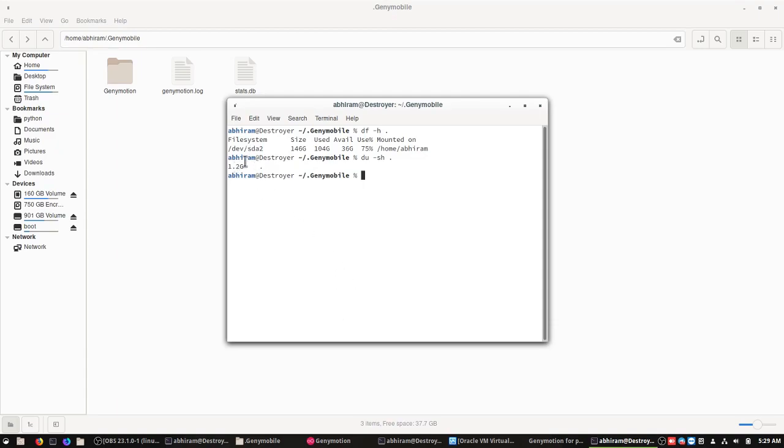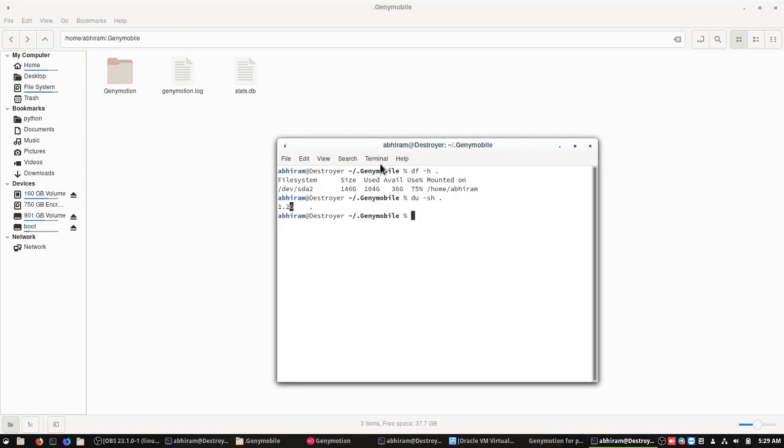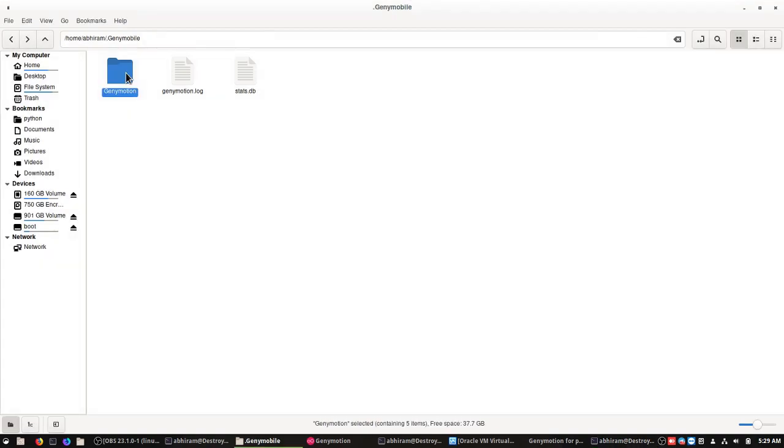When you are seeing this G in Linux, it means GiB. When it is saying GB, then it's saying the GB itself. Anyway, the main mission is to move this thing somewhere